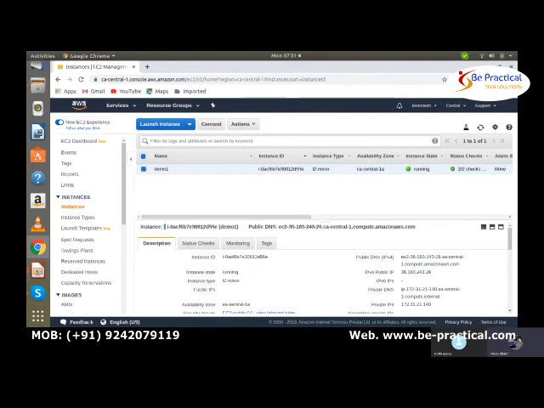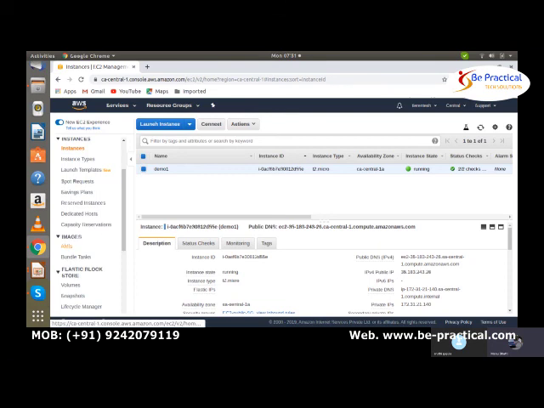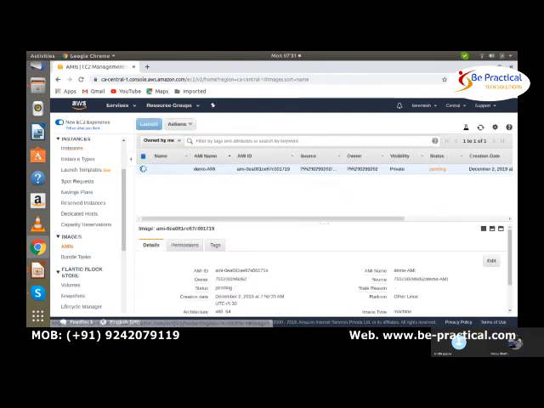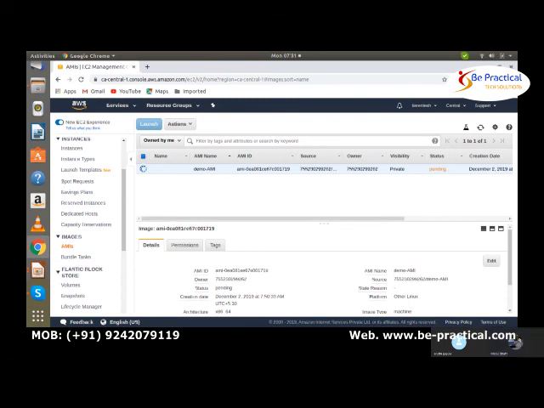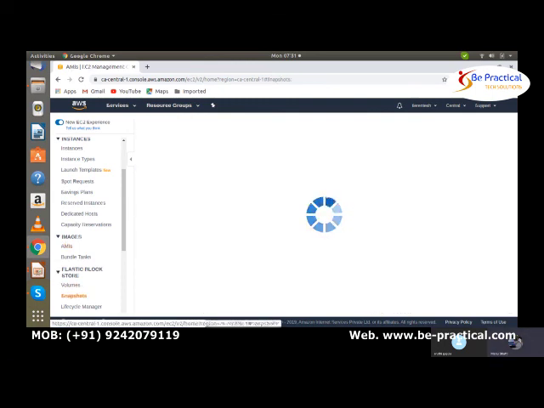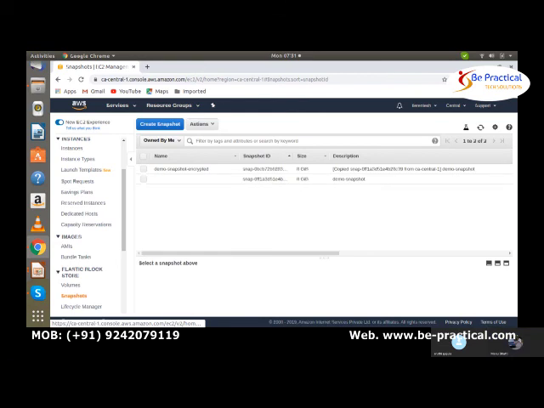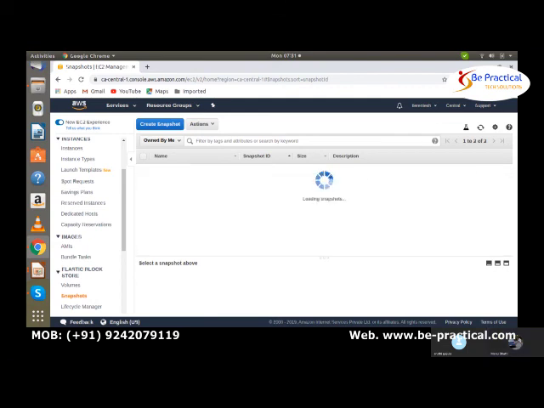So I have created the AMI, and you can see it over here. The AMI is being created, and it's in pending state as you can see here. Along with this AMI, the snapshots are also going to be created. Which is our snapshot here?